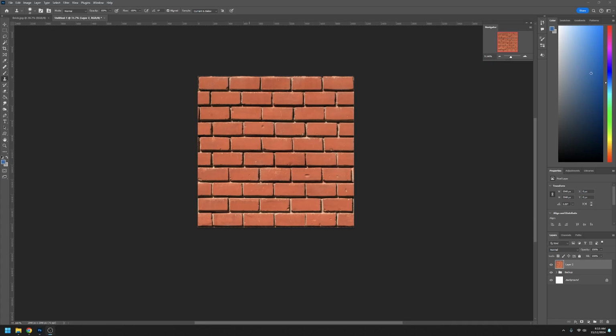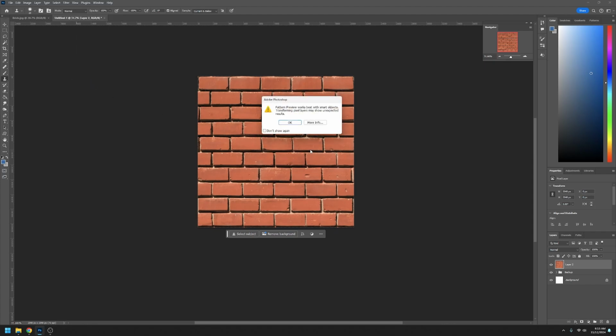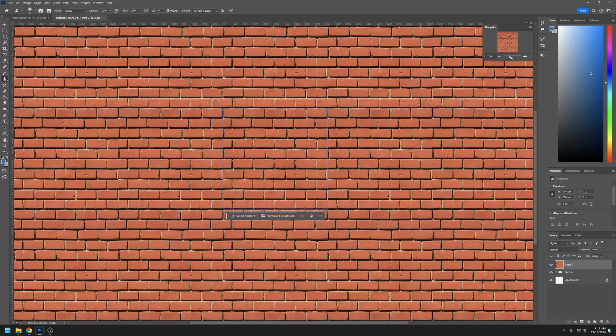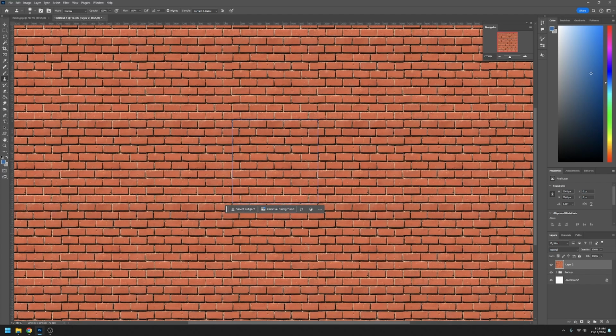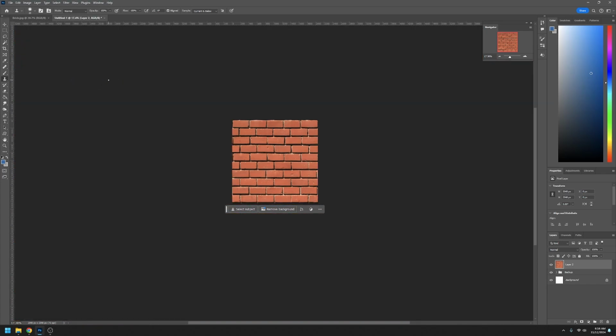One last thing I'd like to show you with this is another way that we can check your stuff right in Photoshop. If we go to View, we could turn on Pattern Preview. And we're going to say OK. And what we can do now is see it tiling around. So if we zoom out, we can definitely see that that is a tileable texture. So that again is just View, Pattern Preview, and when we're done, we can turn it off. I don't like working necessarily in this mode. I find it really distracting, but it's a nice way to be able to